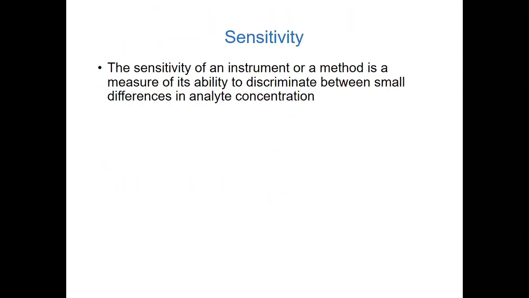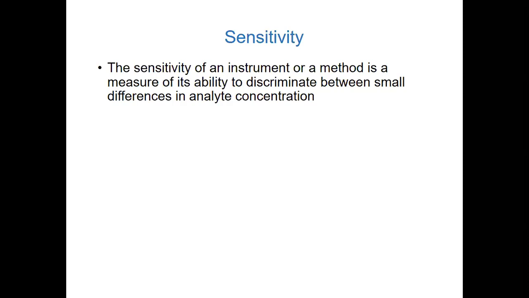And the sensitivity. So sensitivity is one of the most important things, and the sensitivity of an instrument or a method is a measure of its ability to discriminate between small differences in analyte concentration. That means if we use a particular method, if we can determine even a really small difference of the concentration, that method is highly sensitive, right? So really that's the sensitivity. So that method is more sensitive